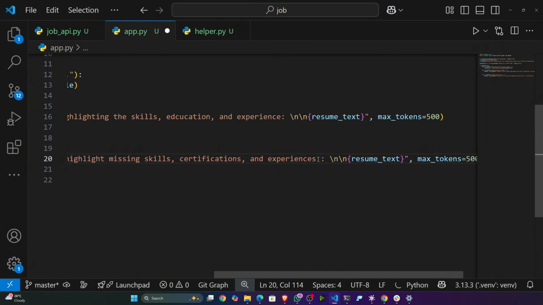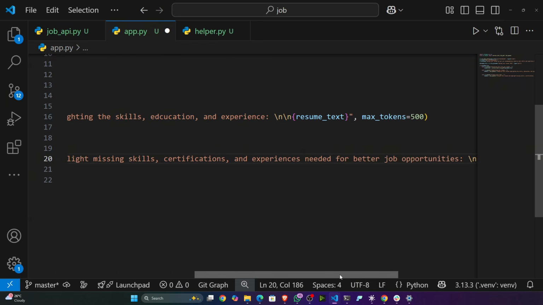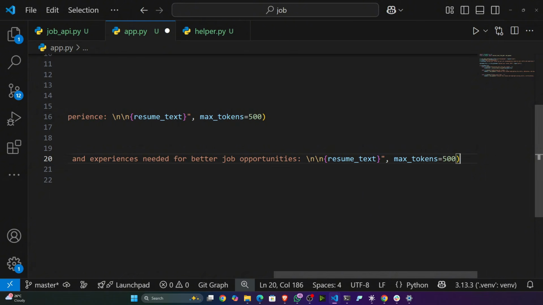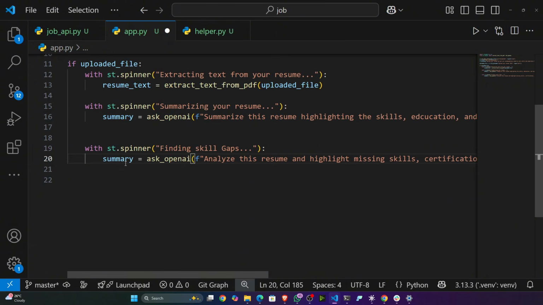Let's say needed for better job opportunities. Okay, so this is the line I'm going to add. Then again I'm going to pass my resume and resume text, and I'm going to give the max tokens. Okay, now you can also give another token size. So I'll give 400. This is the token. Now once it is done, now I'll do it for